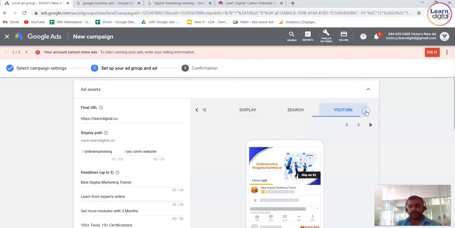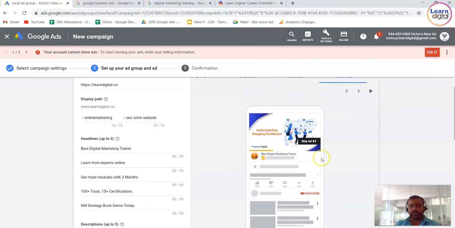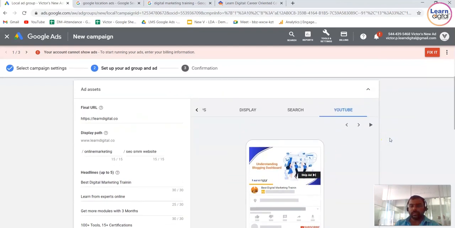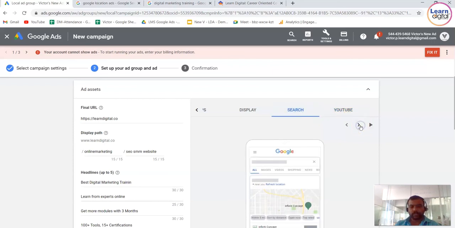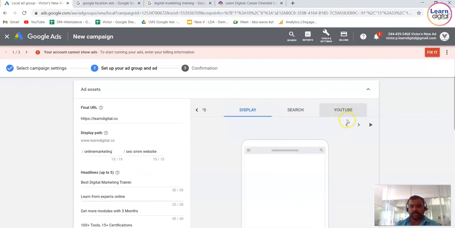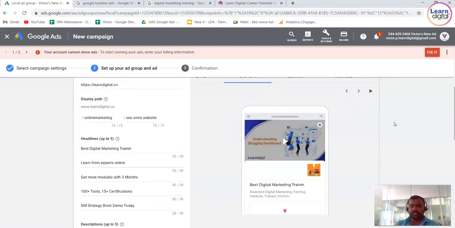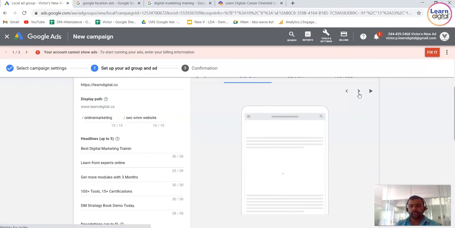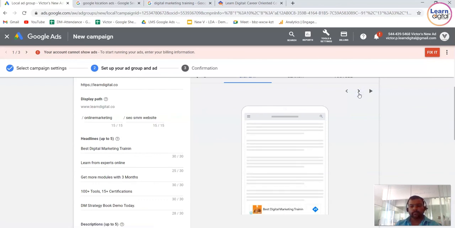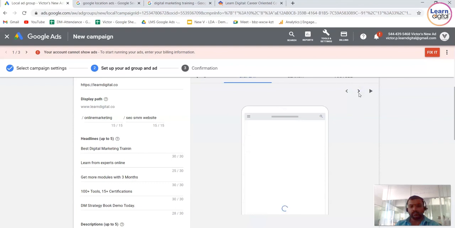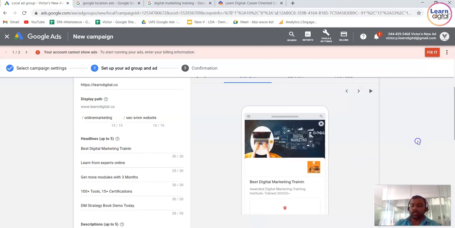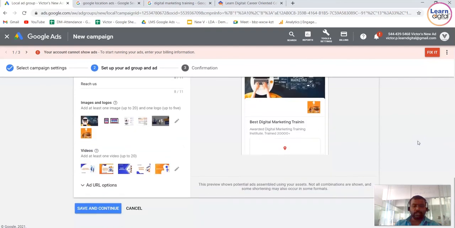The next one we have is your YouTube. On your YouTube, in between ads, you can see your advertisement. Then let's scroll up. So whatever video you have chosen, this is how it will look. In your search campaign, this is how it will look. In your display campaign, whatever creative you have picked, which includes your video and images, and the title you have given. Make sense?